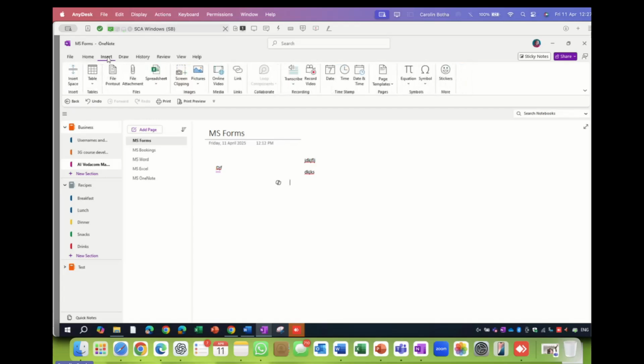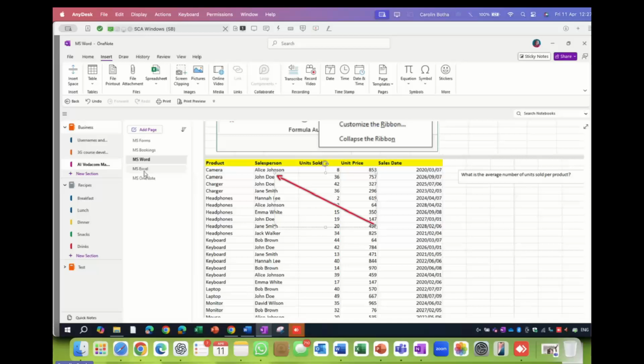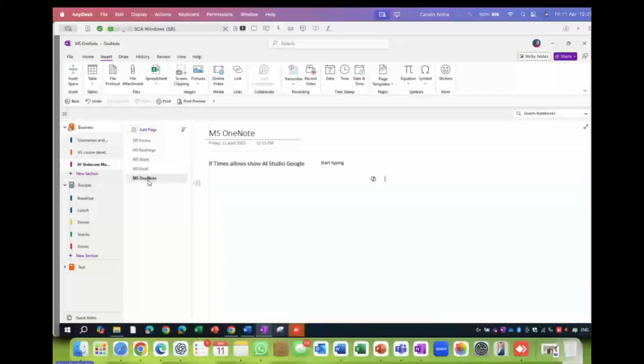Let's go back to insert and let's go to a blank. Oh my goodness, we don't have a blank one. Okay, let's just add a new page because we're just playing around. Microsoft, what is left? PowerPoint. I want to make a couple of notes on PowerPoint.